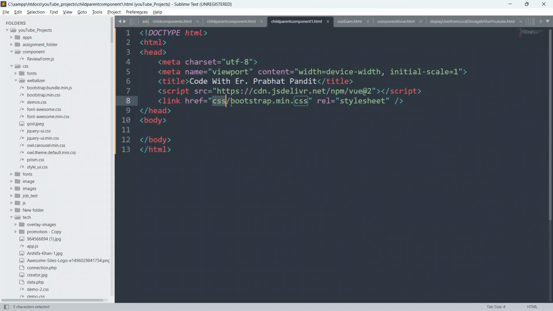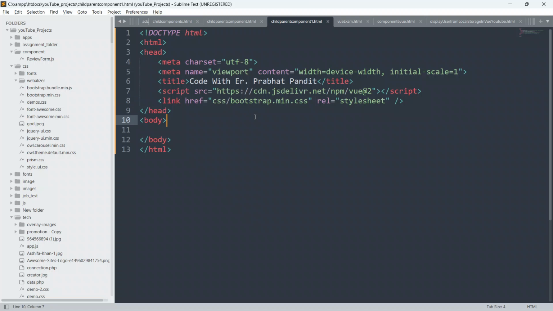Now let's get started and let's code in Vue.js and learn how a child component can communicate, can send message, can send signal, and how a parent component is going to receive that signal, accept that message, and how we can display that message in our UI in the browser. This will be a small video, and today we will be learning the basics of how a child component can communicate with their parent component. Now let's get started and let's learn.